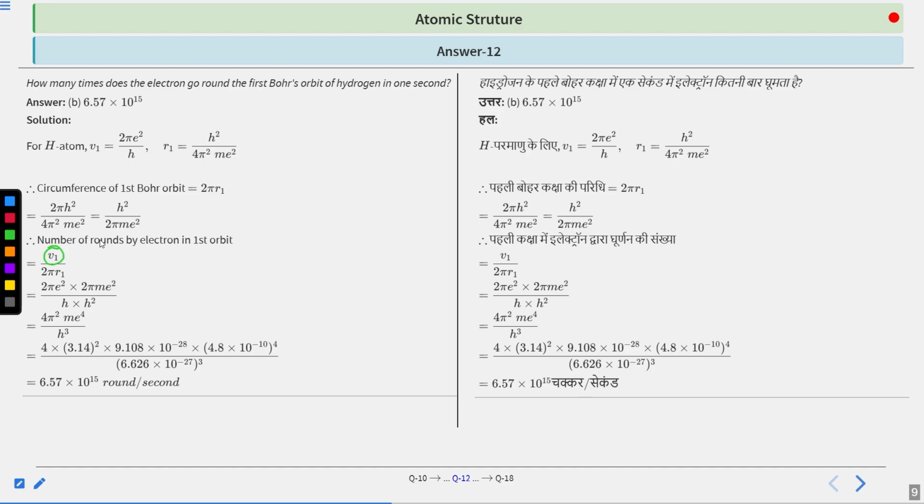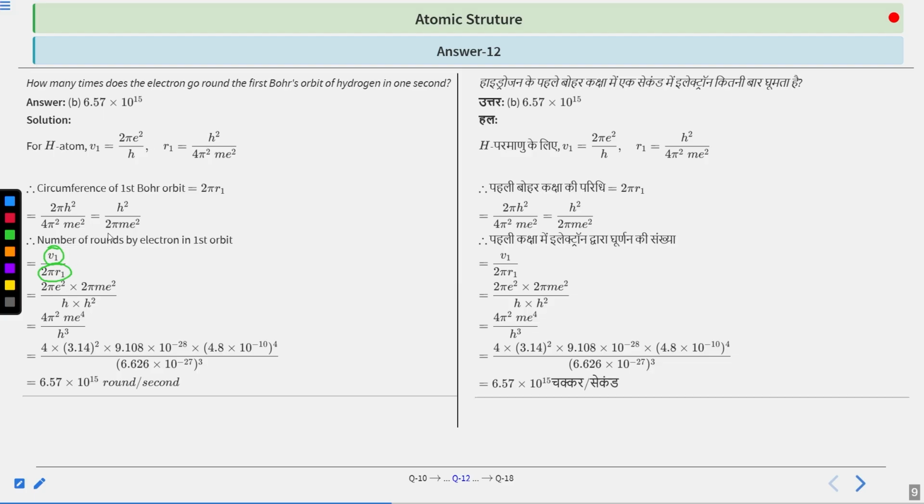Now if you divide this distance by your circumference, then you will be able to know how many circumferences have been covered in V1 meter, right? Because all of these are in SI units. So you can simply calculate by V1 by 2 pi R1. So V1 distance is covered by the electron in 1 second. Now how many 2 pi R1 will be there? So that will be V1 by 2 pi R1. You can think of it in this way. Okay, so in 1 second V1 distance is covered. So how many times will 2 pi R1 distance be covered? That will be V1 by 2 pi R1. Clear? Okay.